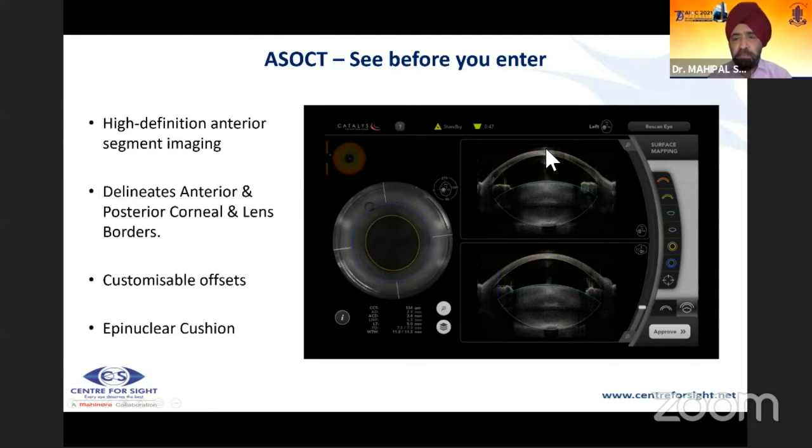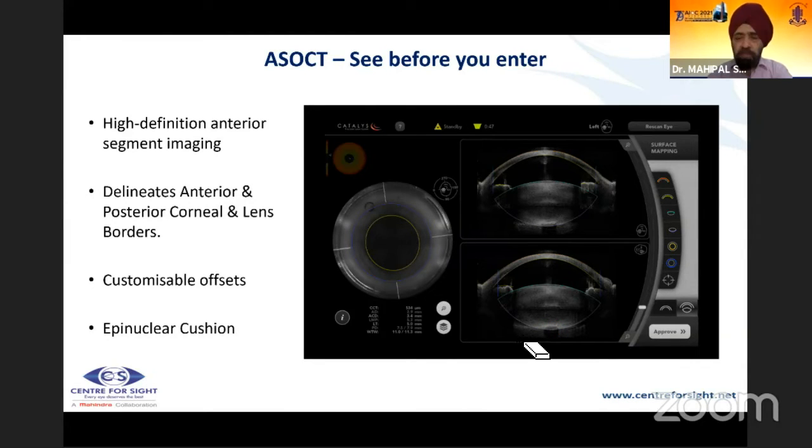This is the anterior lens capsule, cornea, etc. But you can see here a clear-cut defect. The specificity of this is very, very great, that you can actually make out, if there is an existing defect, whether you will get a PCR or not. The important thing is to protect this defect.